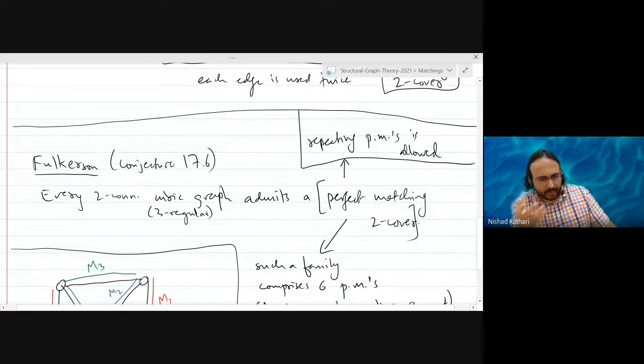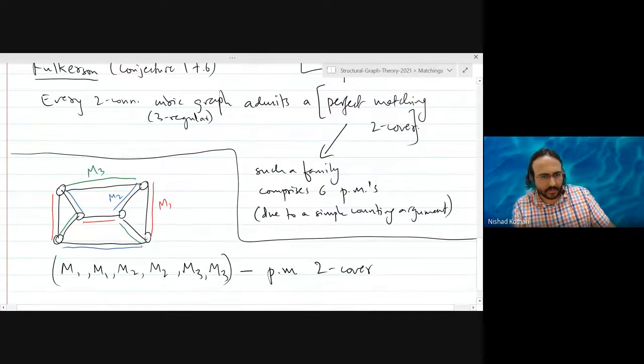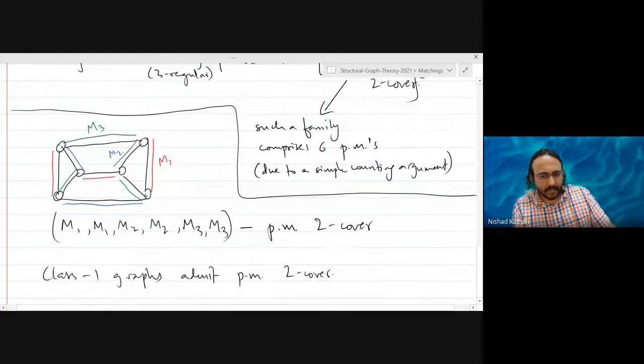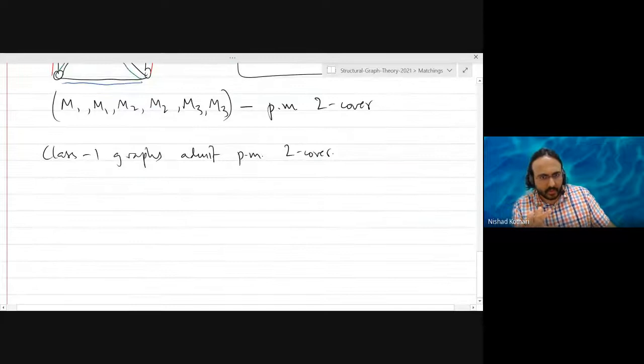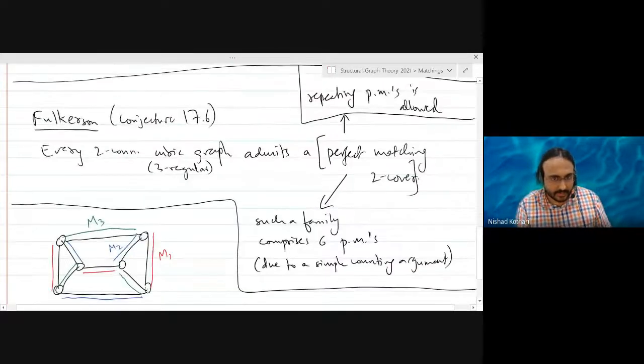Also, once you have a two connected cubic graph, if it has sufficiently many vertices, I think it's six vertices, it anyways will be a simple graph. That's easy to check. Otherwise, you'll get a two vertex cut. So these are basically simple graphs, except for four vertices and two vertices, I think. So in the case of class one, you're basically done. You just need to prove this for class two graphs, which is basically proving it for snarks, right?